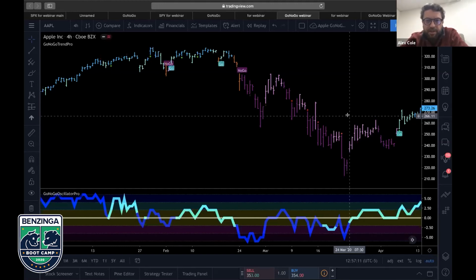But for any chart, the GoNoGo charts paint real time, but your data will depend on if you actually have real time data, but that's totally separate from the chart. You're saying versus like if somebody gets 15-minute delayed quotes or something along those lines. Exactly, but their charts to them will be current and updating. Okay. But if you're on a 15-minute delay from the exchange, then that's the price that you're getting. So,